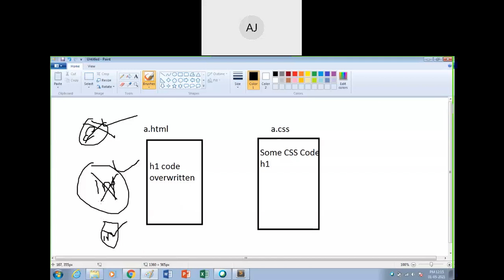So there is a third preference for the external level style sheets. Understood? Third preference for the external style sheets, second for the internal and first for the inline level CSS. Is this fine, guys? So this is how it works.